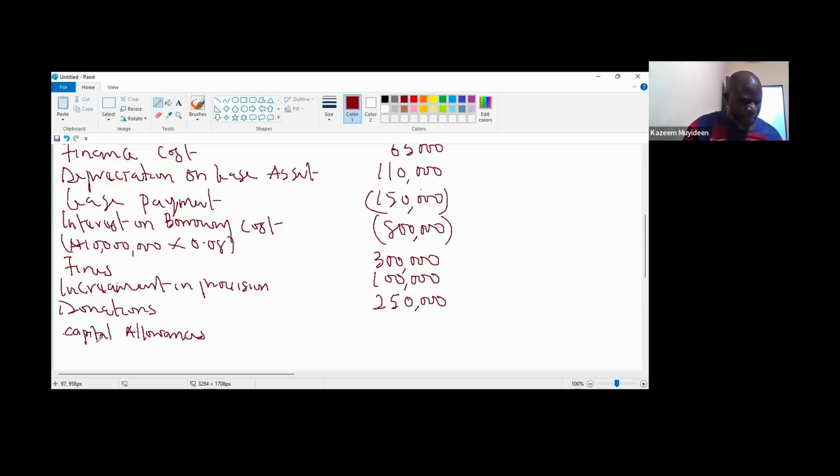They say 10% per annum on building and 15% per annum on machinery, and apply on the tax original value of the asset at the beginning of the year. Okay, so for the plant, how much is the value of the plant? 500,000